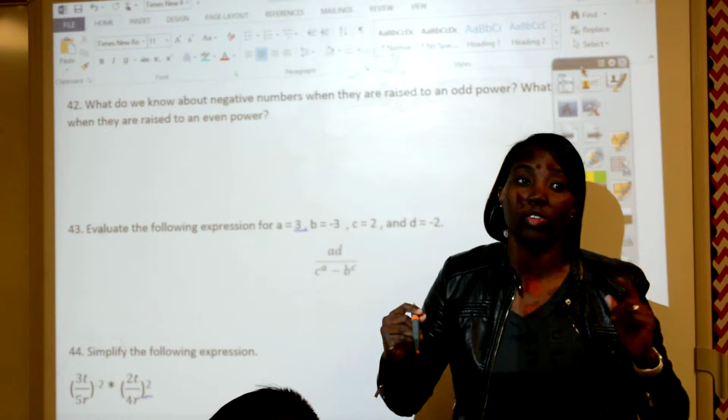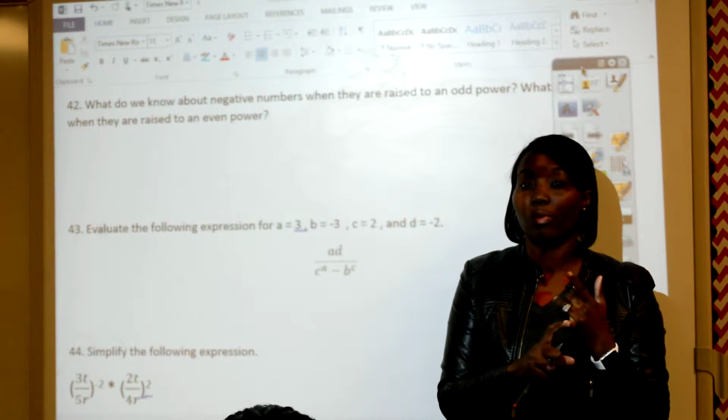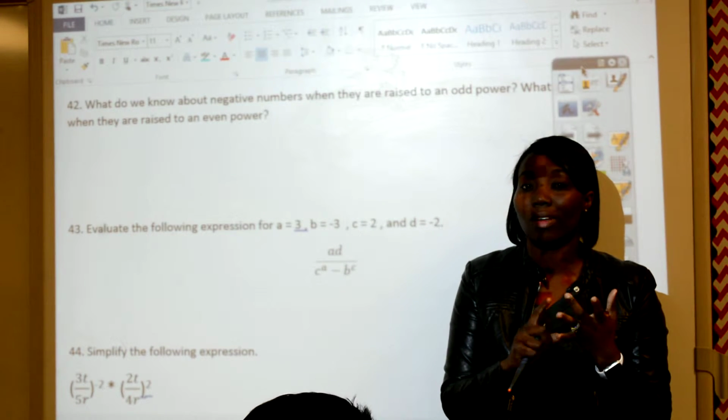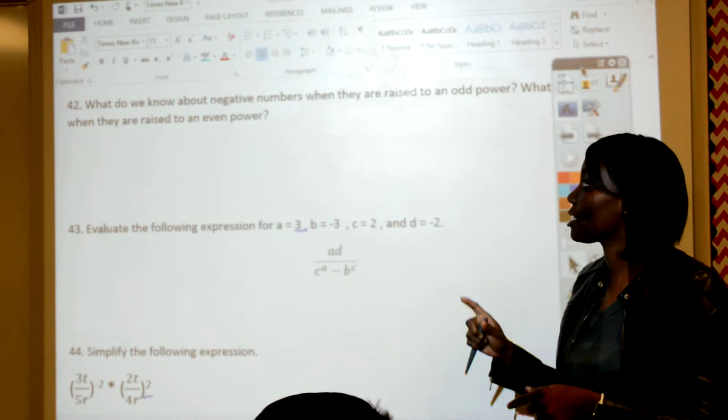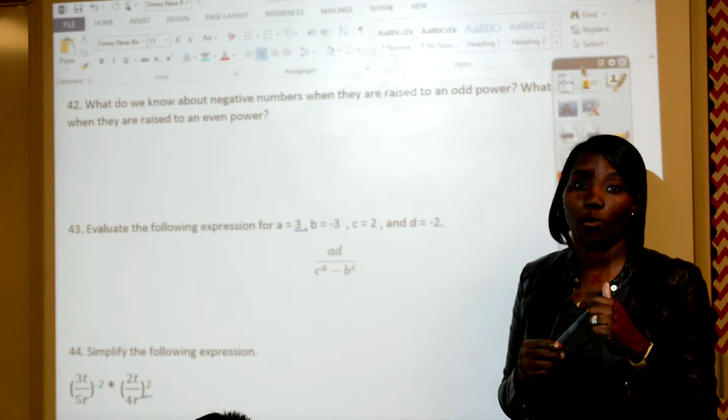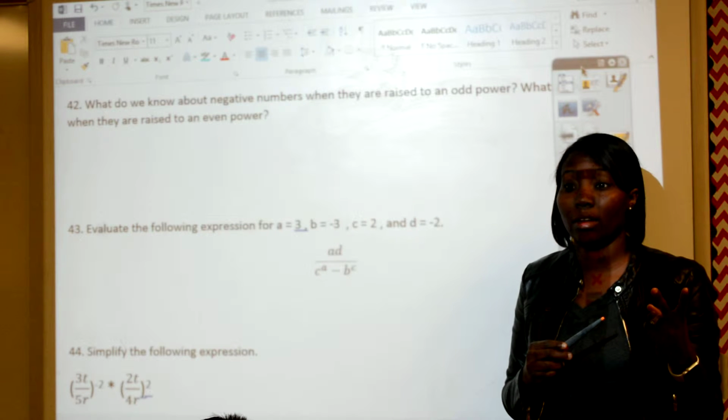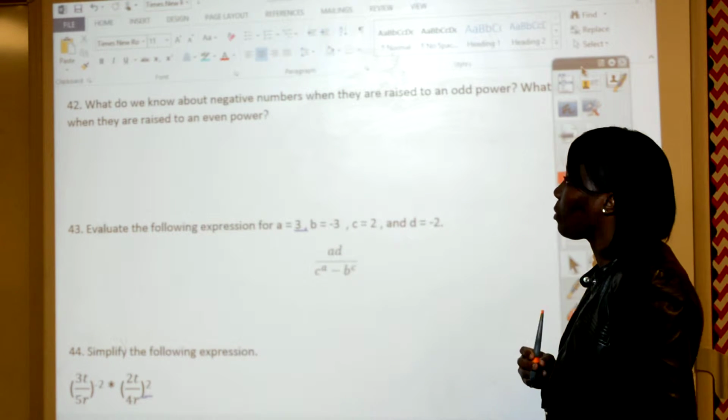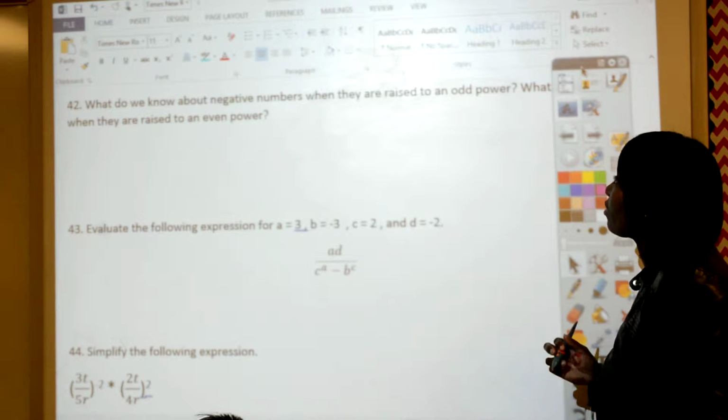Alright, so fifth period, you should have picked up the answers to the review from yesterday from the table. It's the even and the odd numbers. The only part that's not on the review is number 42 through 46, and then the rational handout that you're picking up today. So if we go through number 42, it says,